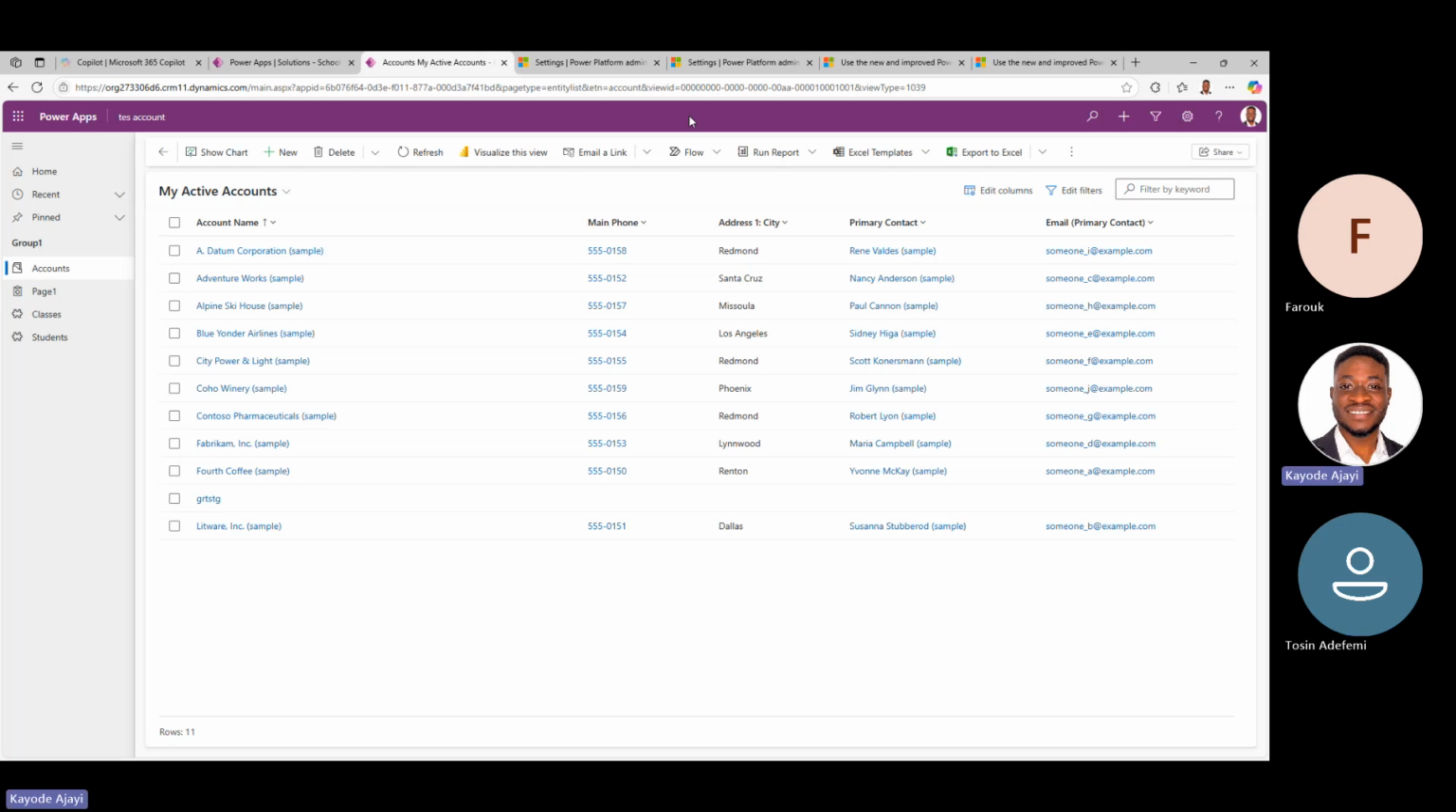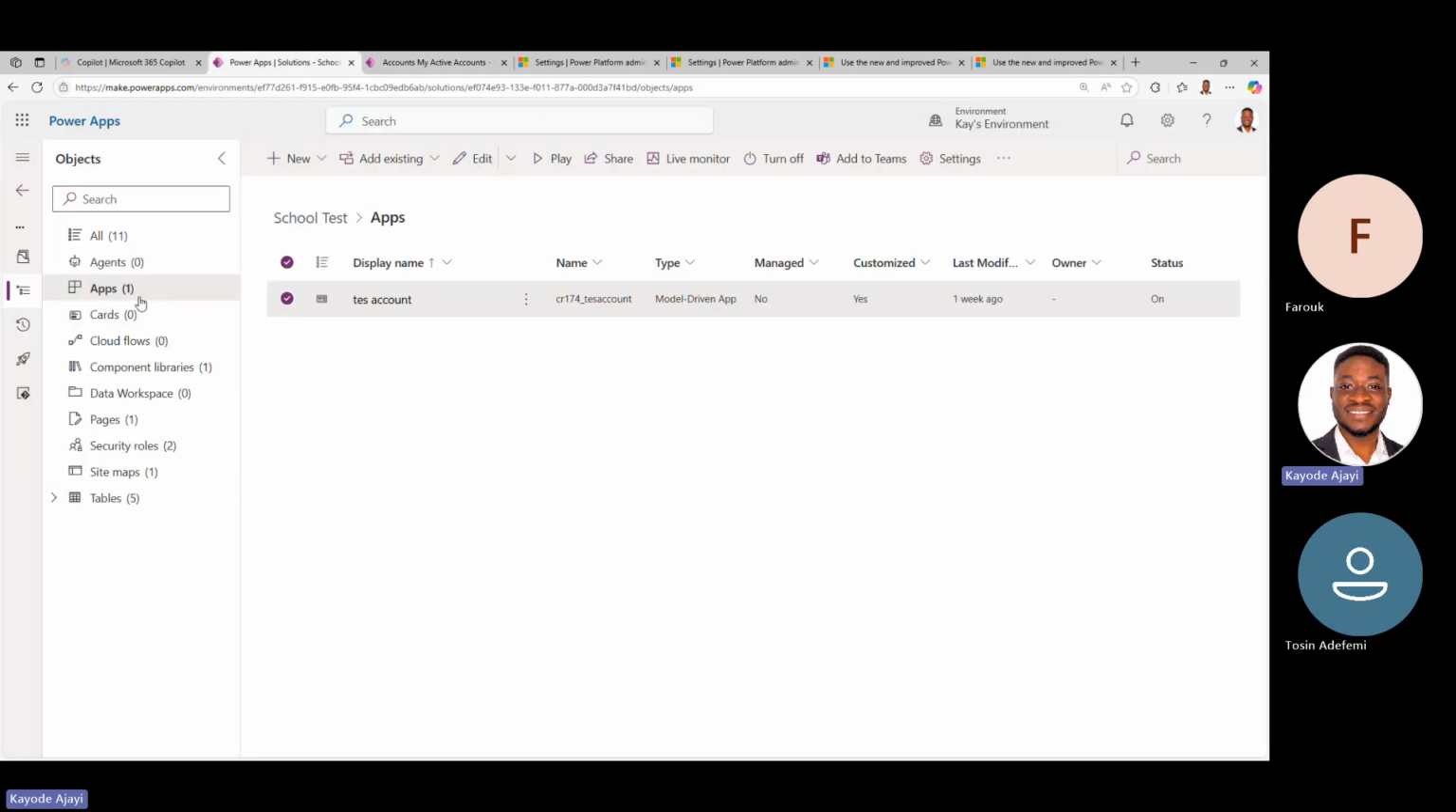Dataverse in general. Say in one role you have organization access, in another one you have user access. So maybe for read, if you look at the system administrator, as a system admin I have read access to all records, right? But if you look at it here,